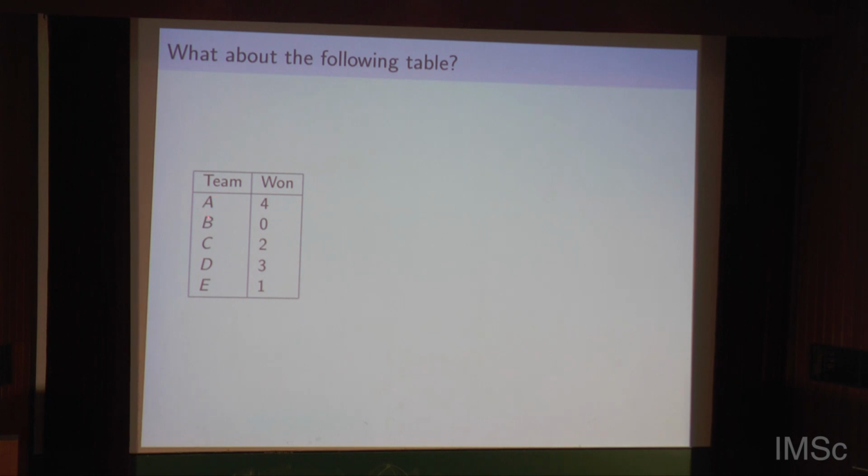All I'm saying is after you orient these edges, the out degree of A must be 4, out degree of B must be 0, out degree of C is 2, and so on. Is there a way to orient the edges? Because orientation gives you the outcome of the match. Yes, okay. Who's going to tell me that? Well,